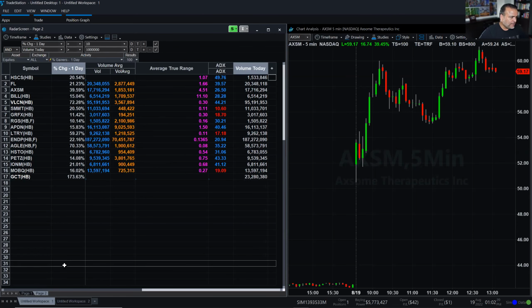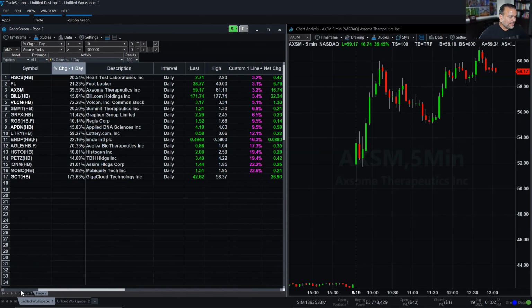I can leave this running here and get a feel of what other symbols are coming through. The nice thing is that this hot list doesn't stop filtering and doesn't stop ranking. So for example, if any of these symbols start dropping and getting closer to what the price of yesterday was, they'll be dropped from the list. They don't fit the criteria anymore. So this is the nice thing about the hot list, that you're always in real time. It's always giving you the most updated list,